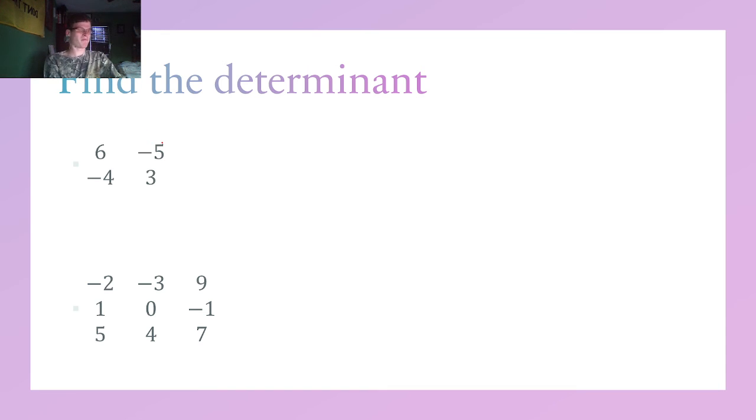Determinants. This is kind of the toughest part of the whole topic, okay? So finding determinants, remember, when you're finding a determinant for a 2 by 2, you're doing your major plus your minor. Okay, your major plus your minor. Remember, your major values for a 2 by 2, making it pretty simple, are 6 times 3. 6 times 3 is your major. That gives you 18. So it's the first and the last term. And then your minor is -5 times -4, which is 20. Your determinant, this is number 25,